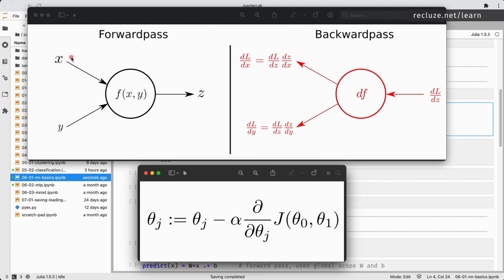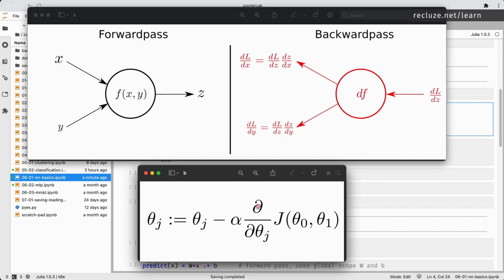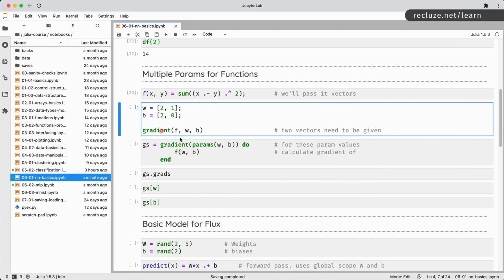Okay. So if you have one w here and another w here, we are going to calculate the derivative of this loss with respect to this w separately and this w separately. So if this was a vector, w1, w2, we are going to calculate derivative with respect to w1 separately and w2 separately. And then, for instance, here b1, b2 separately. So everything is going to be calculated separately, right? Because we need to use those to apply this parameter updation step. Okay. So let's go ahead and do this.